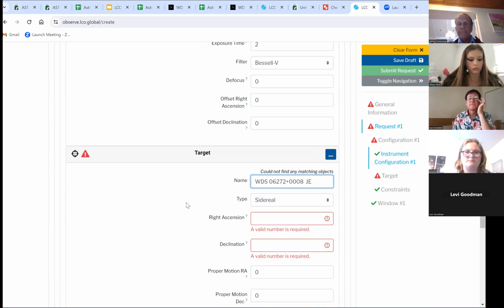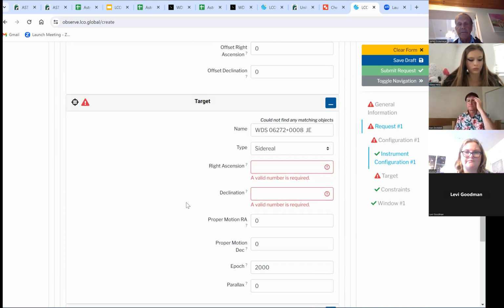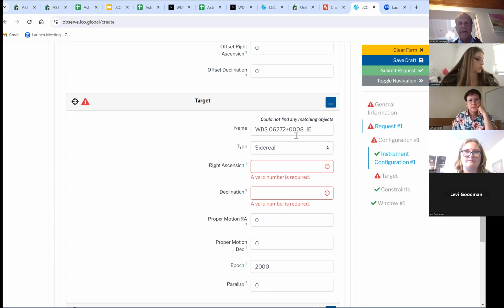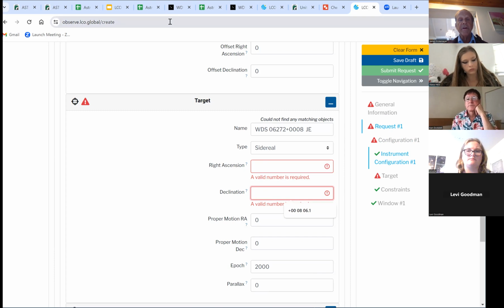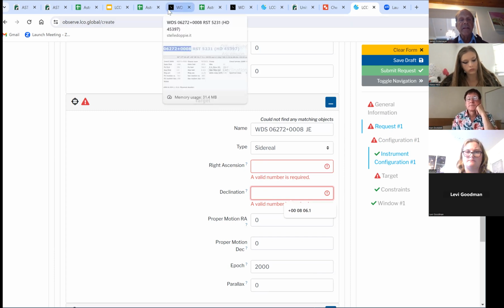And so then that spot has been filled. We have a name for this thing now. Now, the next thing that we're going to need to do is put in the coordinates for that star. And so this is where you're going to shift back and forth between the Stelladopy